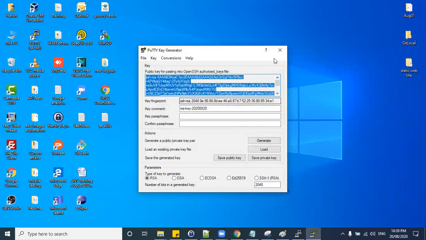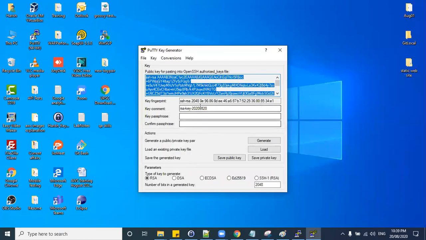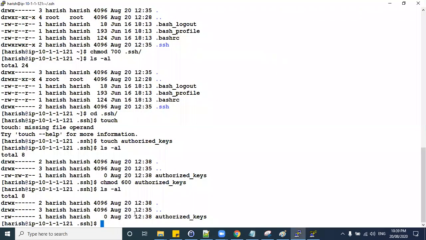The other way is to generate the SSH keys inside Linux itself. I will use the ssh-keygen method. This method is simple; anyone can do it. Type ssh-keygen and press enter. Right now you have only one file inside your SSH folder. After this, there will be a total of three files: one is authorized keys, one is the public key, and one is the private key. These three files will exist after you execute this command.